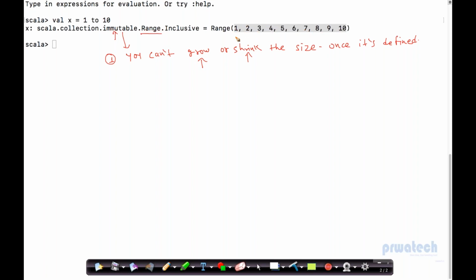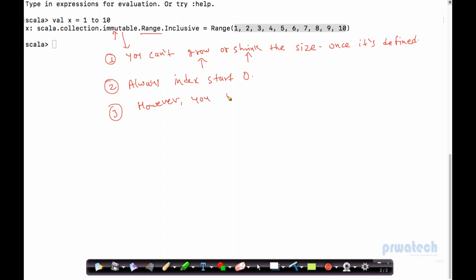So index wise, if I read, your indexing always starts from 0. This is easy and known to us, but important. Always index starts from 0. Do not read from 1 because you'll make a mistake then. Third point: some immutable says you cannot even increase or shrink once it is defined. This is applicable for all, by the way, you can't grow or shrink. Some immutable says you can change, however,